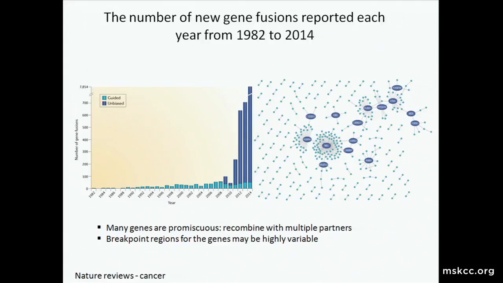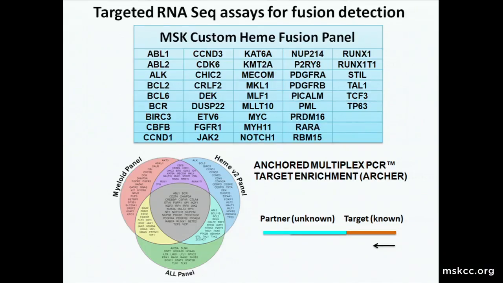Now, gene fusions are very, very difficult to look at in a highly comprehensive panel because, well, number one, you have many genes that are very promiscuous and they like to recombine with multiple partners. Not only do they recombine with multiple partners, but the break regions of those specific genes are completely different. They're highly variable. So designing a single assay for all of the variations of that specific fusion is actually very, very difficult. So what we have done is we have developed these targeted RNA Seq assays, but we have validated